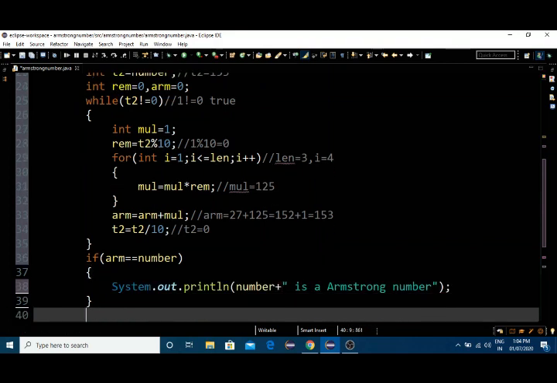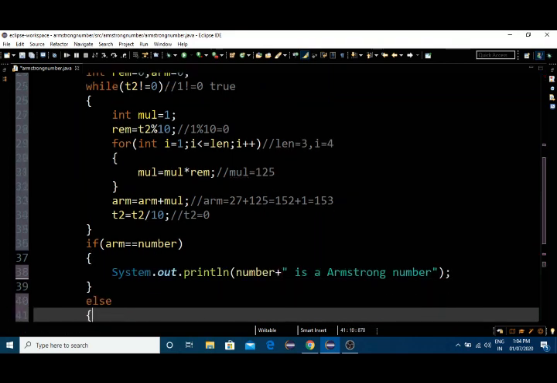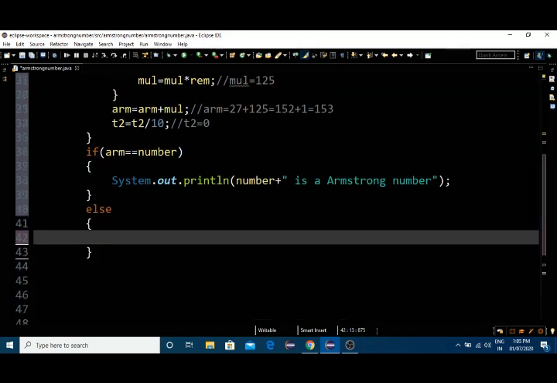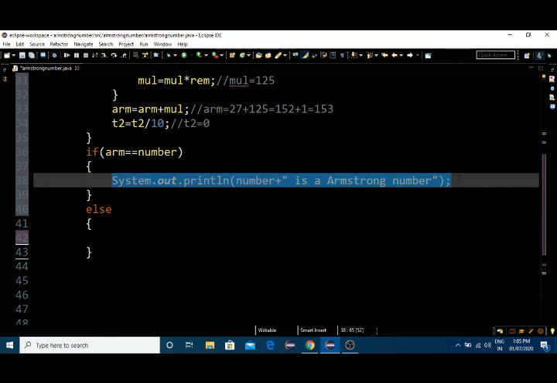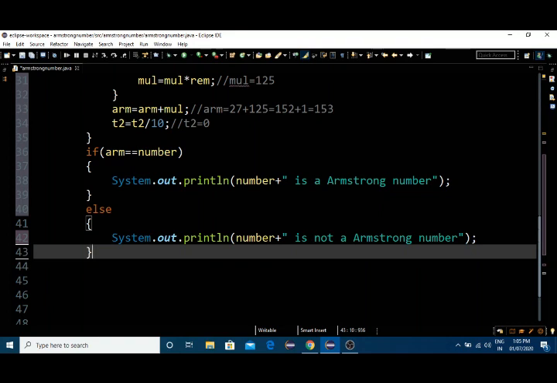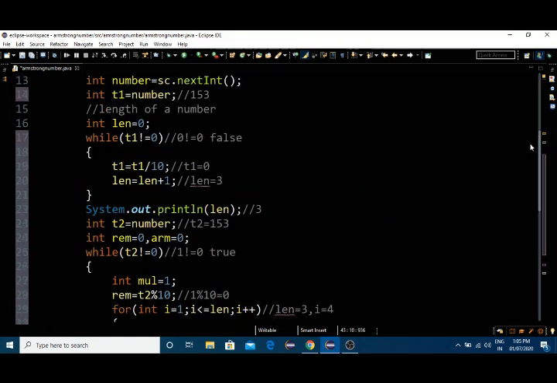If this condition is false, I'll go to the else statement, and I will copy this to save time. I'll paste it here, and print " is not an Armstrong number". Okay, we have completed the code, the entire code is ready.